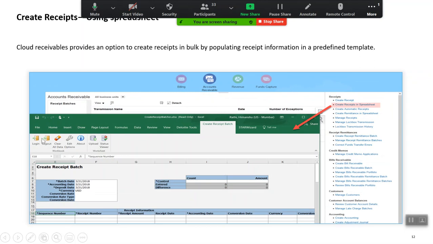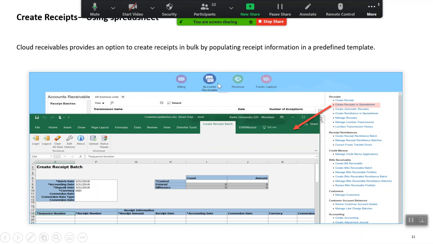Yes. So this is how your screen would look like. Forget this particular part, but under the receivables module there are two sections. One is billing, one is accounts receivables. If you note the place where I'm hovering my mouse, one is billing and the other one is accounts receivables. In the billing section, you would go ahead and create transactions. In the accounts receivable section, you would go ahead and create receipts.